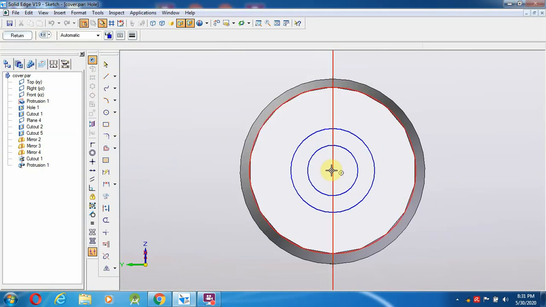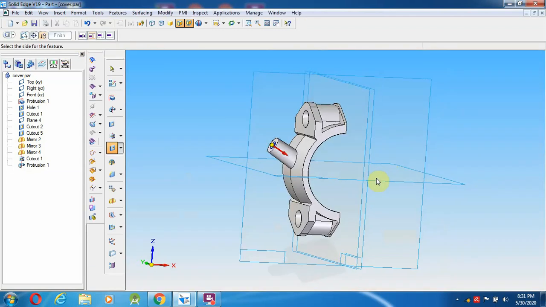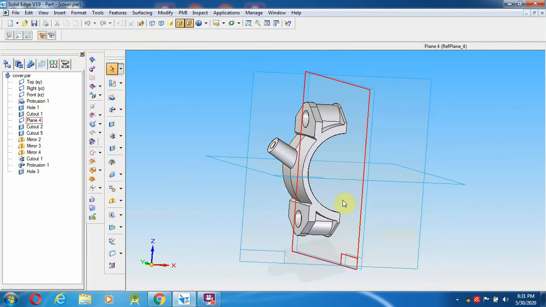I'm going to keep over here, then return towards down, left and right click. So the hole has to be created over here. Now this is the small portion. We will check once again.